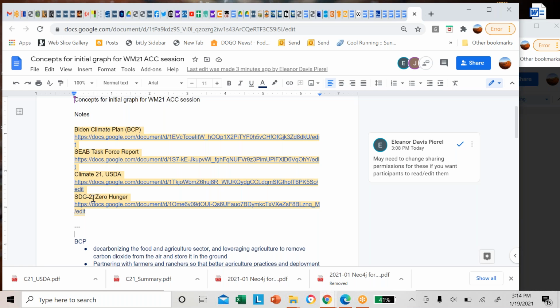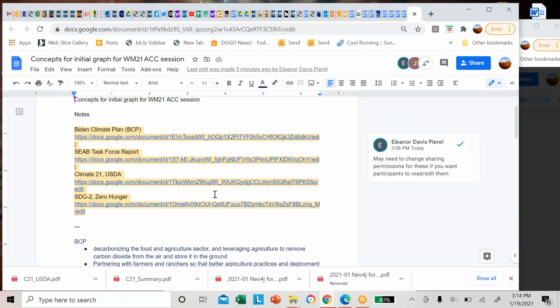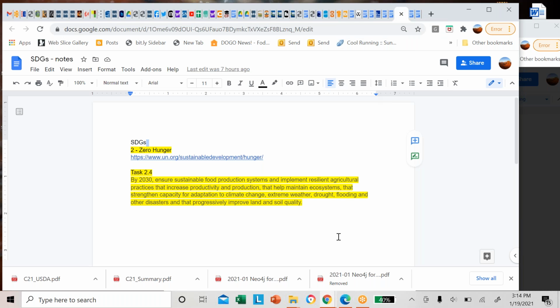I mean, there are other goals and other tasks that we also are interested in, but for now, we're just focusing on goal number 2 and task 2.4, which has that particular language in terms of sustainable food production and so on. So, Bill, could you click back on the SDG 2 that you were at? In fact, right off the bat, for the very, very high-level concept map, you can already see from that statement in task 2.4